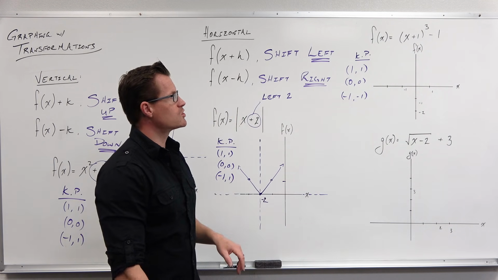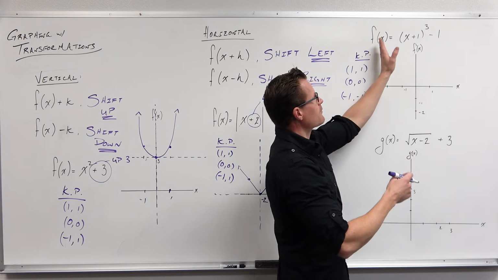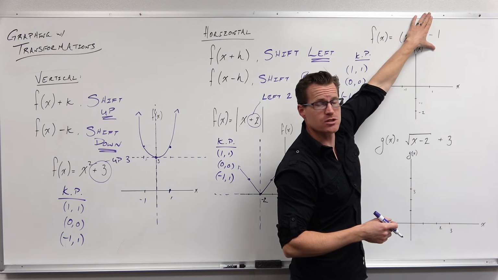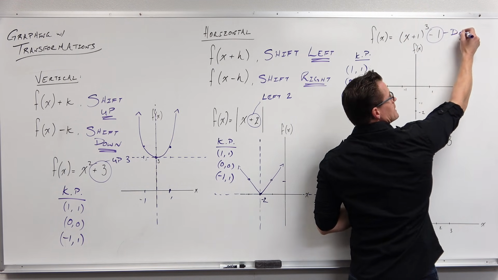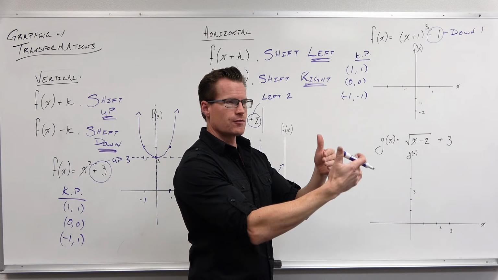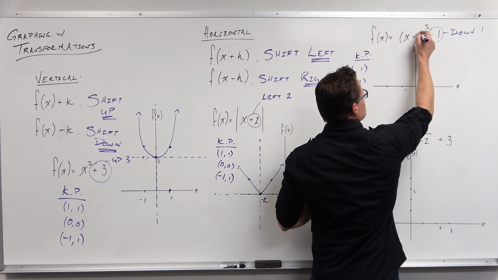I also know what my shifts do. So how I look at this, I look at the end first. I look at after the function's over with, after that power 3 is over with, is there anything that's added or subtracted to it? This right here says that I'm shifting down 1 unit. It's after the function, it's affecting the outputs of my function, so I'd shift down. This +1,